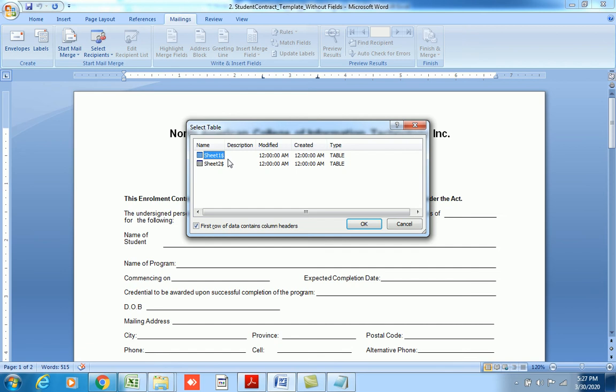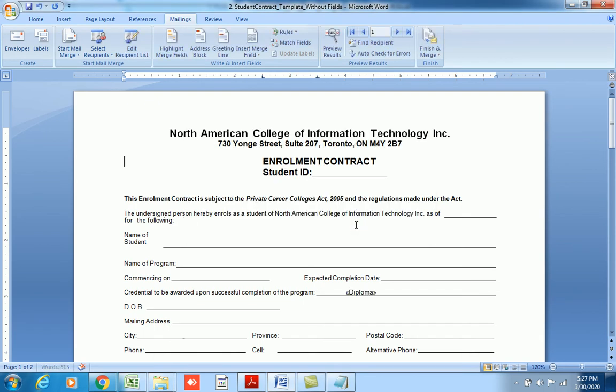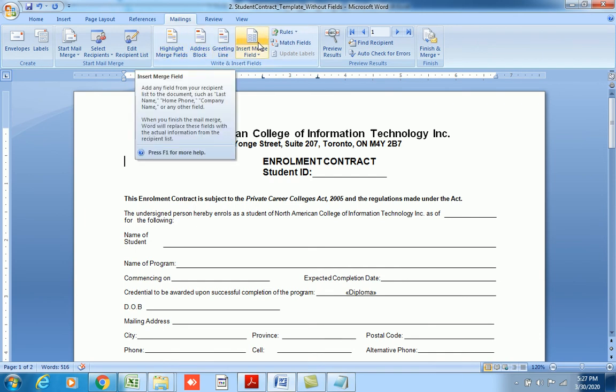So here we have to identify which worksheet has the data we want to bring into this Word document. Mine is in sheet 1, so I will click OK, and as you can see, all these fields are now visible, which means one thing: the linkage of the Excel data file with the Word file is successful.